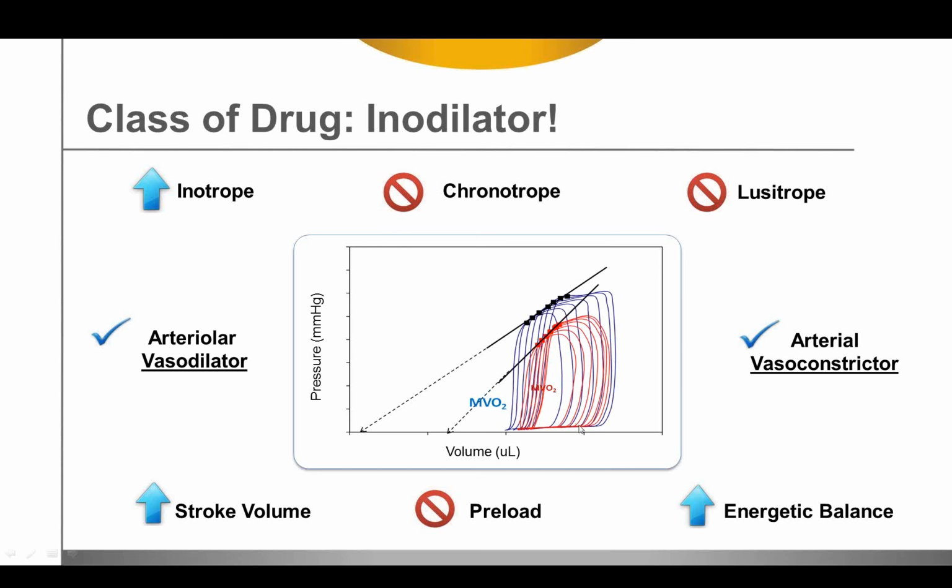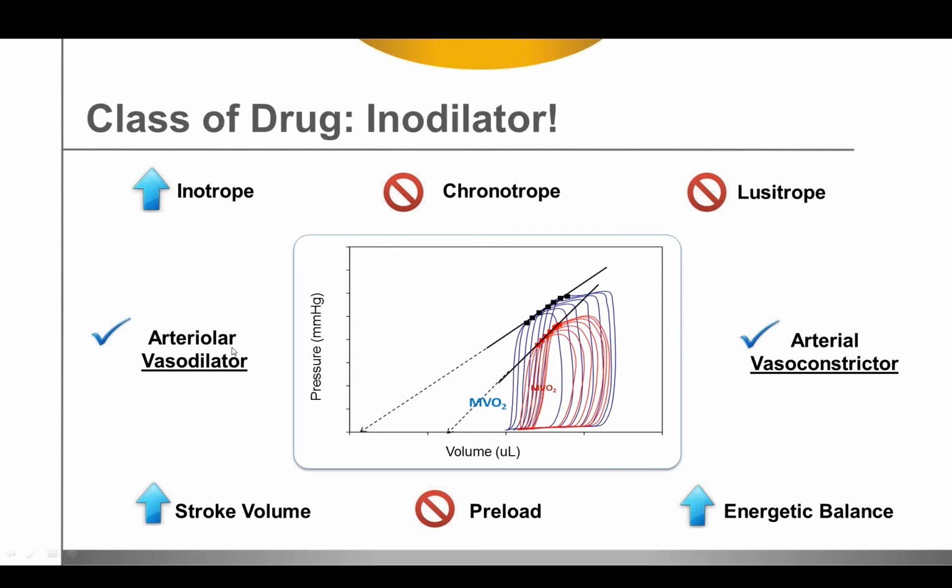lusitropy, that is the filling, both dynamically and statically, at the end diastolic pressure volume curve point were the same. So we know that this is a positive inotrope because the slope of the line was greater after treatment than before treatment. We notice that there's no lusitropic effect because of the filling properties. There's no change in heart rate, which we didn't get from this, but we got by merely counting it. We know that